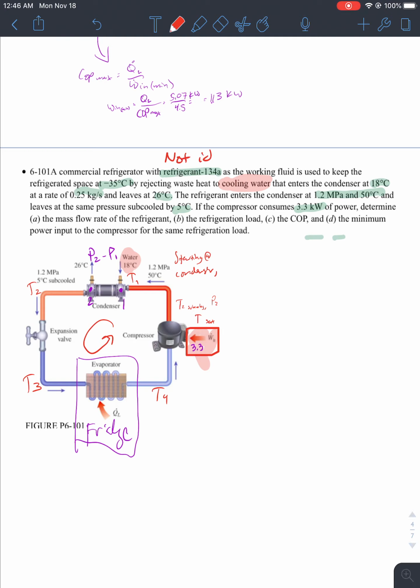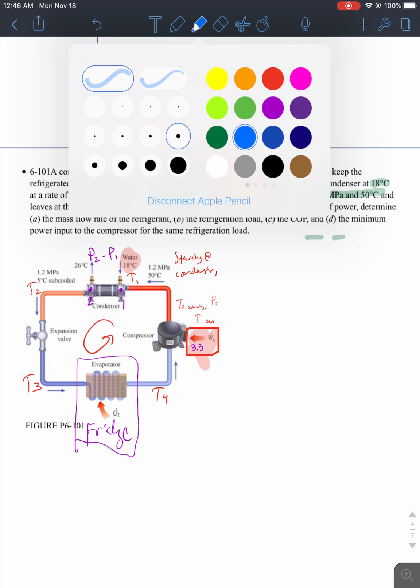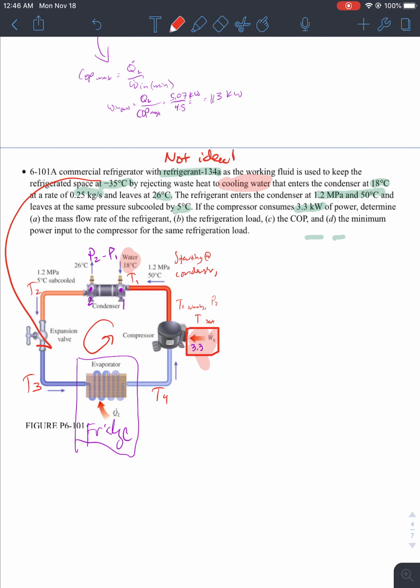Hooray. The temperature of the refrigerated space is 35 C. So I am pretty sure that means down here it's 35 C. Let's leave that here. Next thing,